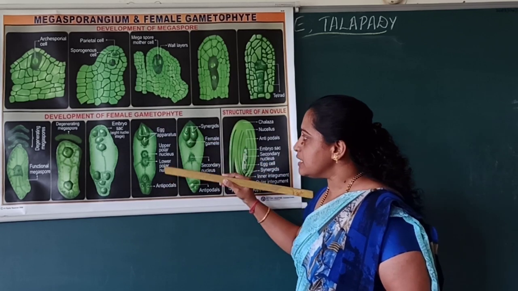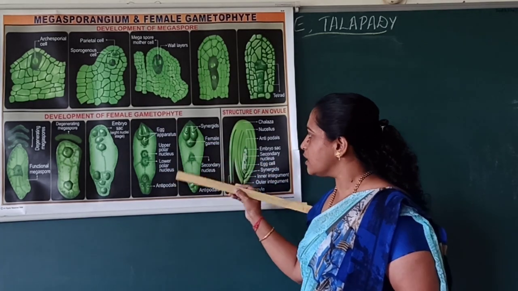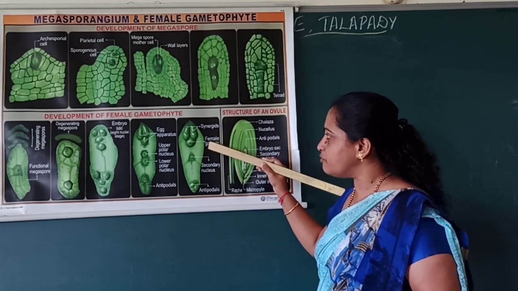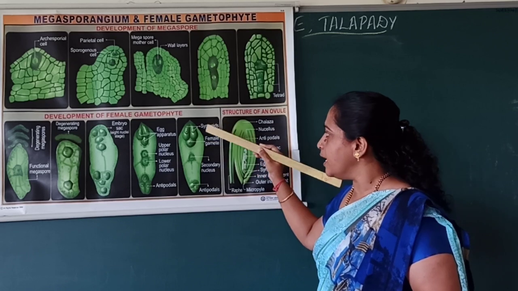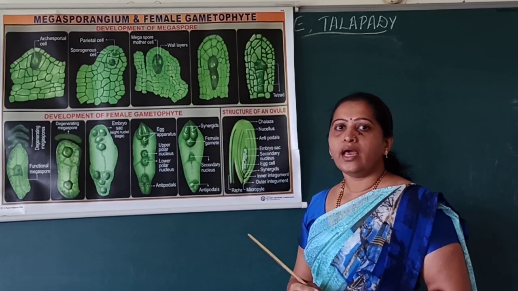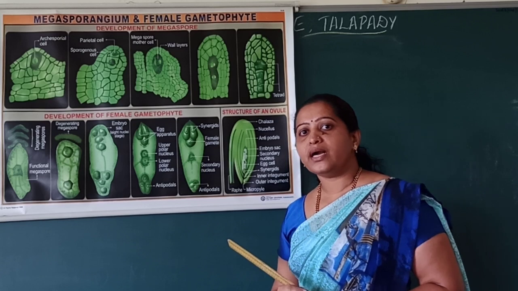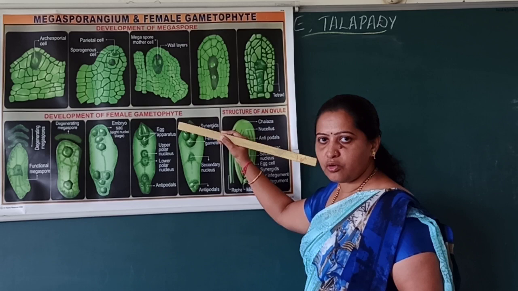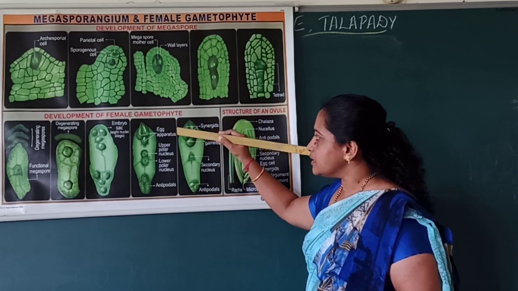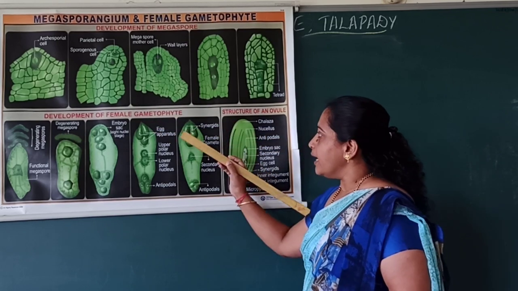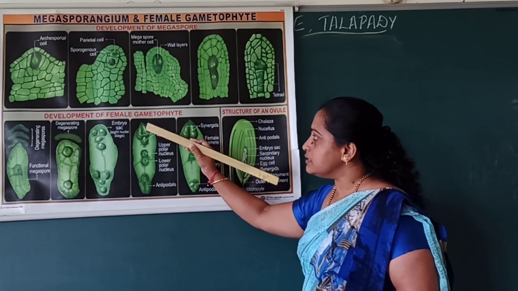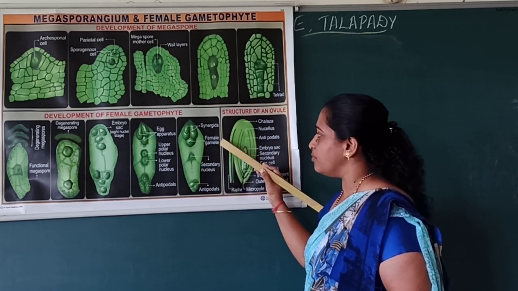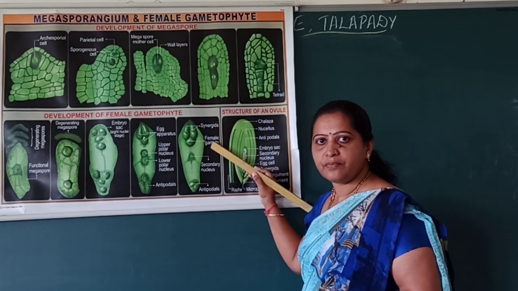So how many cells are present here in the embryo sac? You can see here the structure of embryo sac. Embryo sac is a female gametophyte of an angiosperm, and each embryo sac has around 7 cells but 8 nuclei. So there are 3 cells found towards the micropylar end. Together we represent them as egg apparatus. Among the egg apparatus, 2 cells form synergids and 1 more cell forms the female gamete. The female gamete is the egg cell.